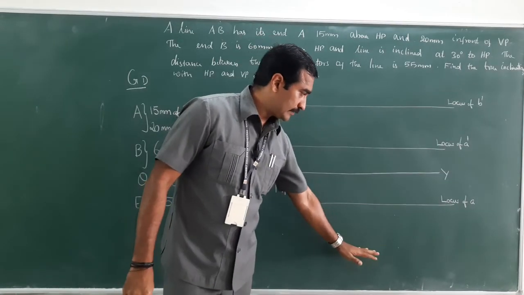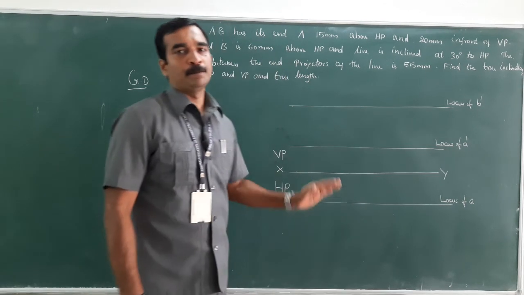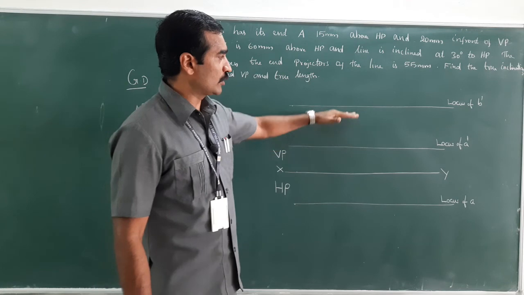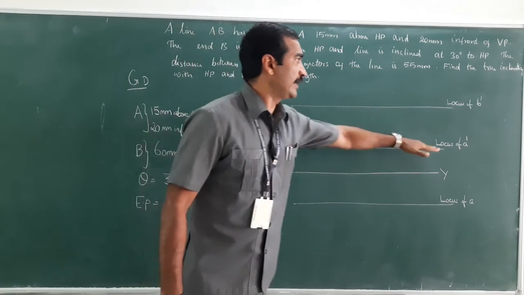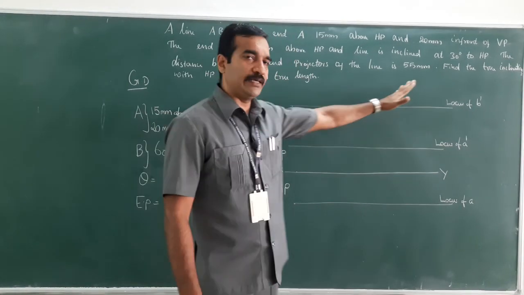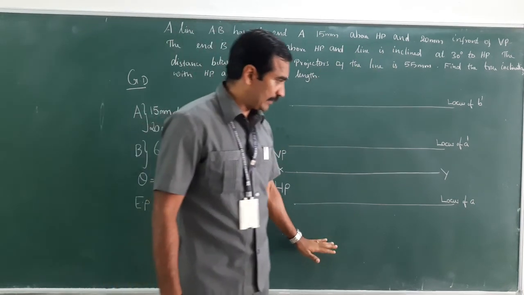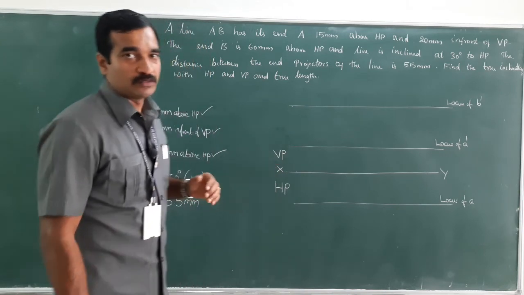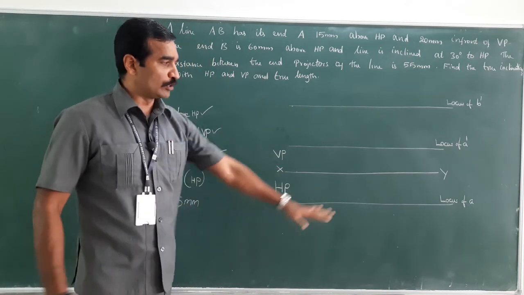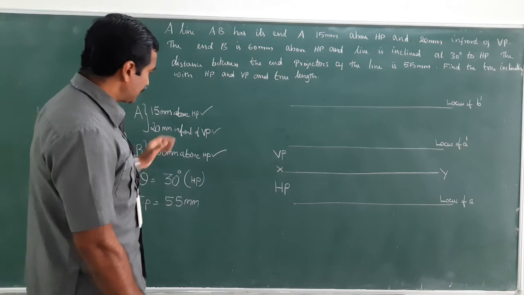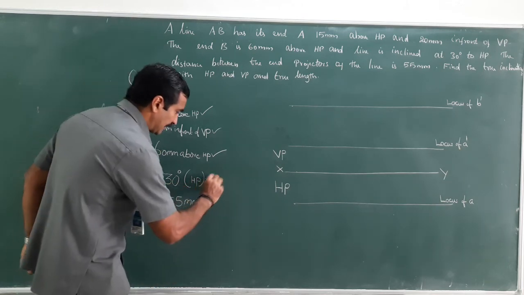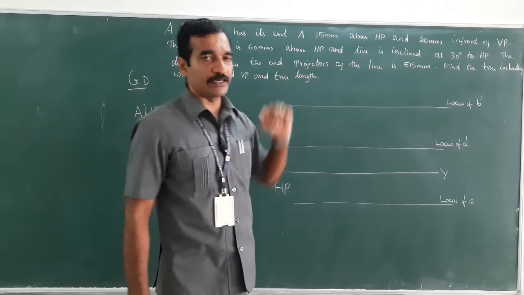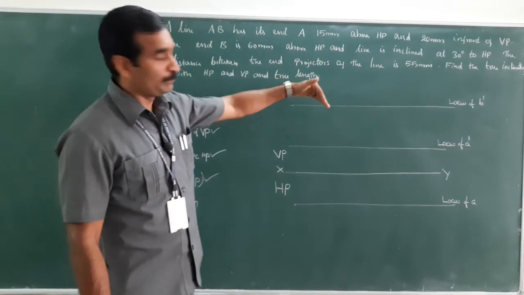So I need to find the locus of B, then only I would get the final top view. Here both the locus in VP we have, the locus of A dash and B dash, so I could get the final front view, whereas here the locus of B is not there. I need to find out. Just observe carefully how I am going to find the locus. So the other information which is given, theta 30 degree to HP, the line is inclined 30 degree to HP, which will reflect in the VP.